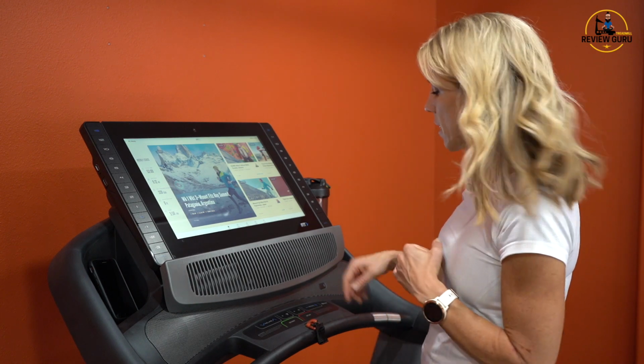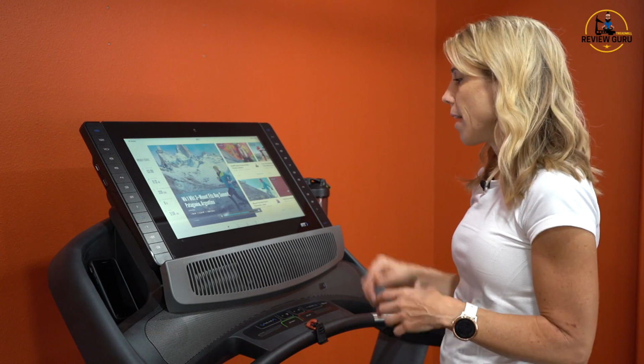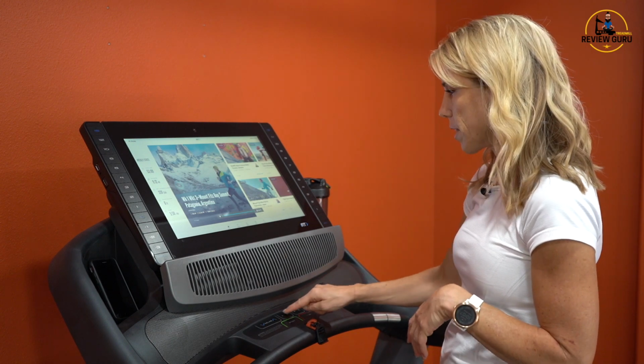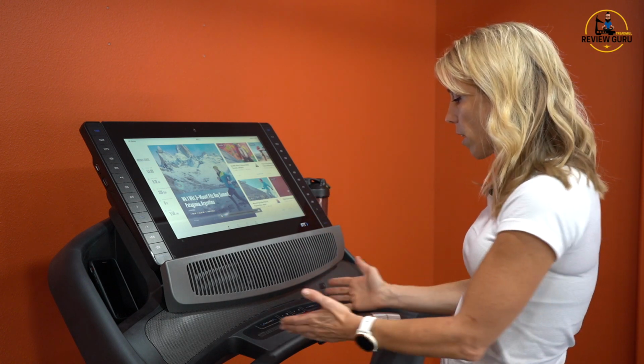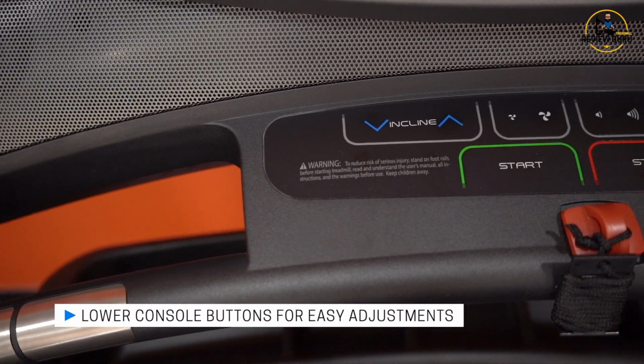You've got 4 power settings for the fan: low, medium, high, and then of course the 4th one is auto. It'll shut off because I'm not doing anything. So that's your fan. And then down here on the bottom, on the lower panel, you have incline and decline